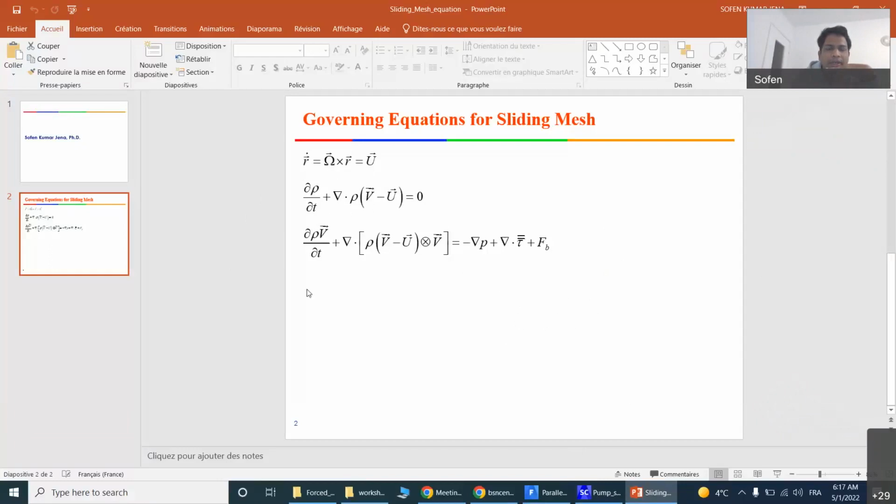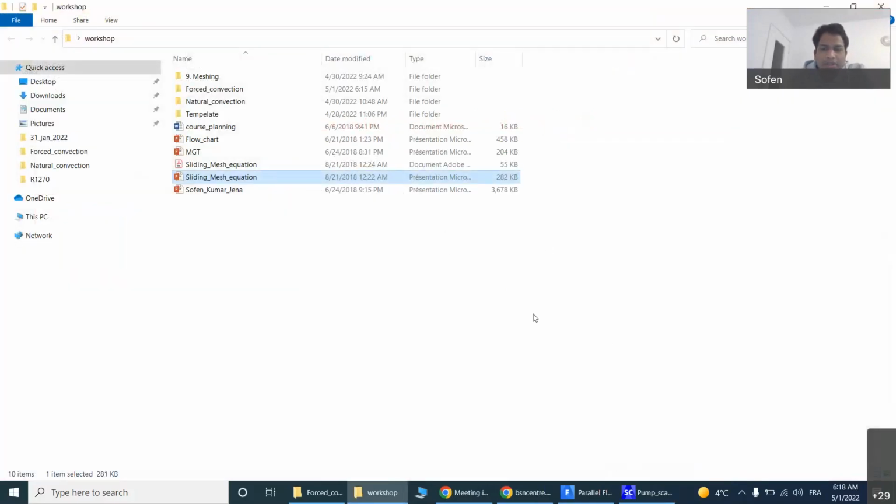Similarly, the convective acceleration term will again be with respect to the relative velocity, right? So again, if you go and expand the expression over here, you will get additional terms in your equation, that is the governing equation for the sliding mesh or the moving mesh. You will get a term for centrifugal force, Coriolis force, this kind of thing. So to model that one,